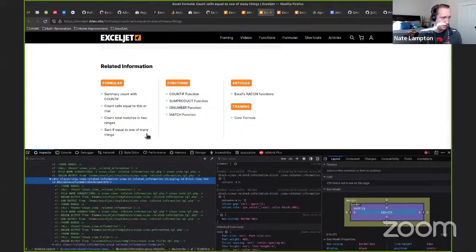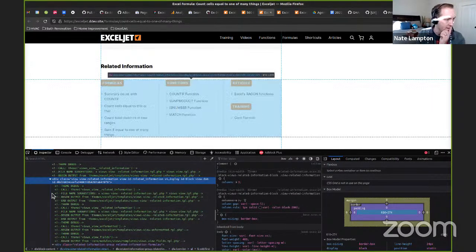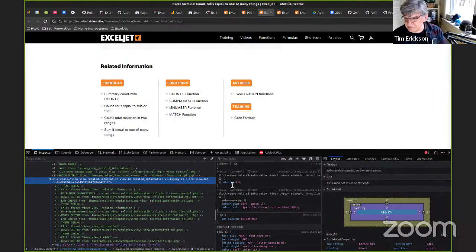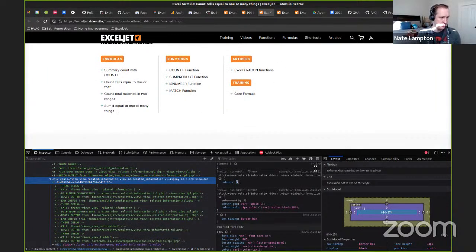Yeah, here, I'll show you also, just share screen. So here we had a site that had this chunk of related information down at the bottom. And we use CSS columns to split this up and have the browser do it automatically for us.